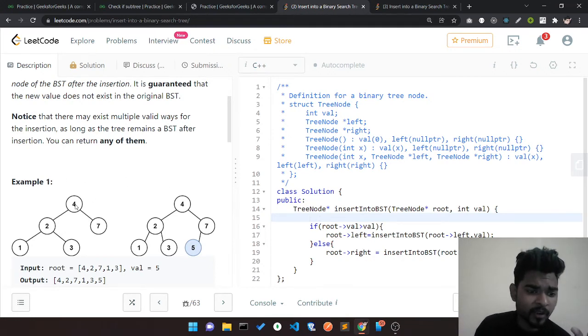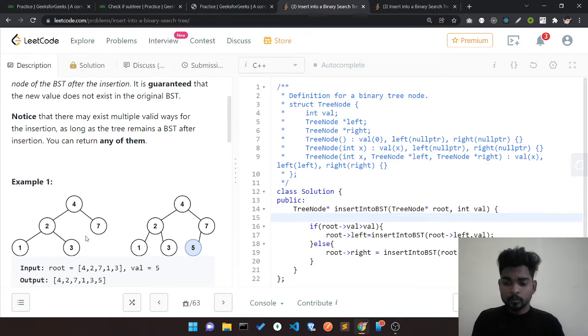I'm not inserting 5 here because 5 is greater, so I'll move here. And 7 is greater than 5, then I'll go here. But here the root left node value is null. So whenever I reach null, I insert my val into my BST.